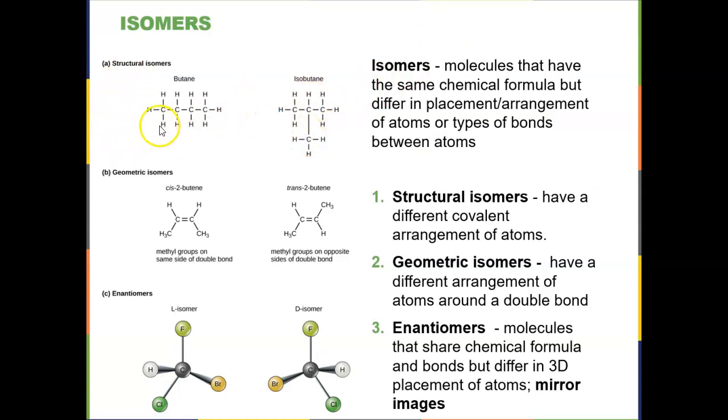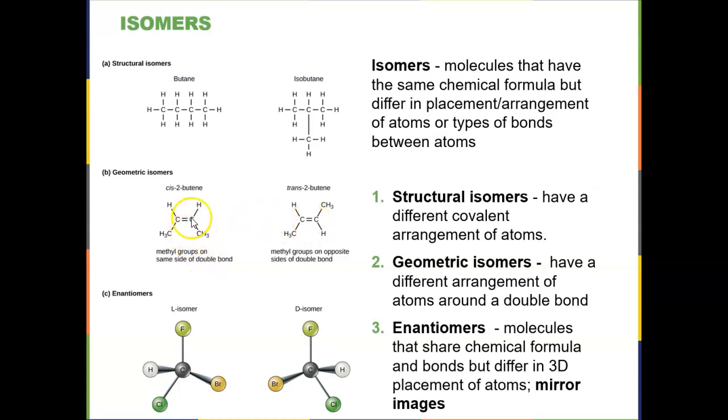And if you need proof, count up your hydrogens, they're the same formula. 8, 9, 10, 3, 6, 7, 8, 9, 10. All right. Then we have these things called structural isomers right here. They just have a different shape. Okay, they have a different shape, but the same formula. These are structural isomers. They still have the same formula, but they have different shapes because of the presence of